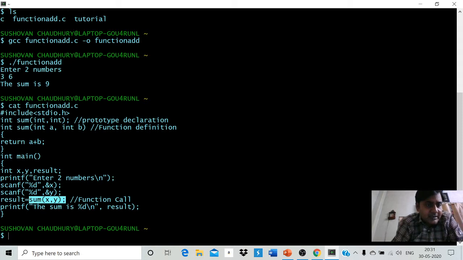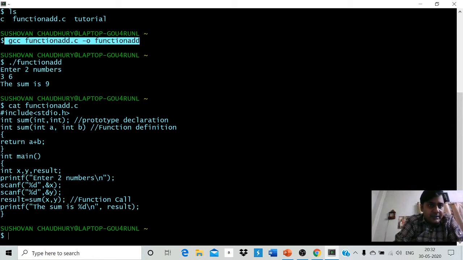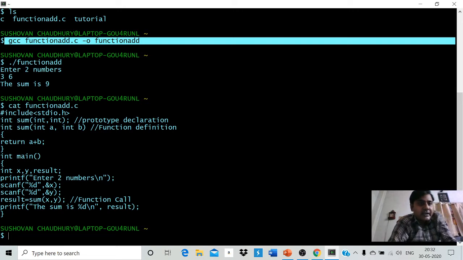Okay, and sum(x, y) is returning a plus b, so result will be storing a plus b at the moment and I am simply printing it. And we have compiled the program using this command. As you can see, I am using a GCC compiler. So that means I have to write gcc function_add.c, which was the name of my file, and then -o function_add. Why -o? Because I want this function_add.c file to change into an object file